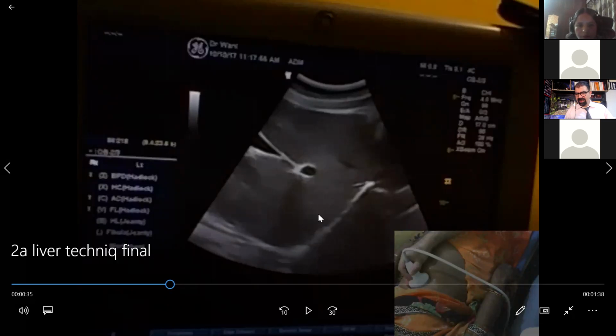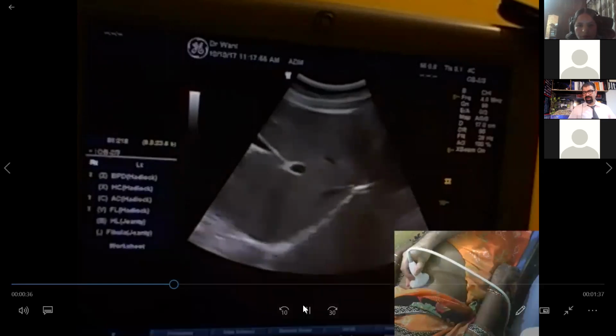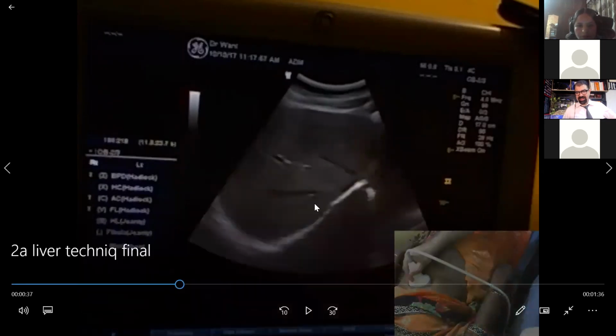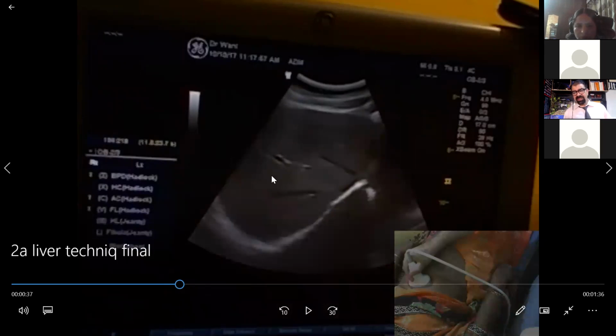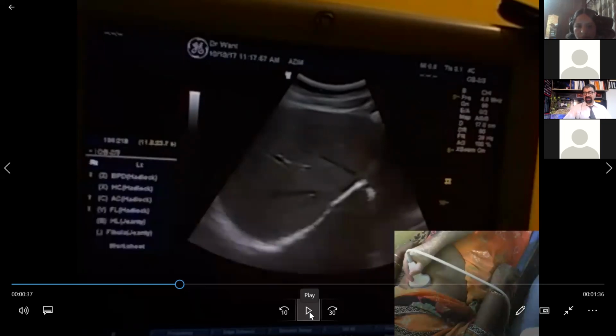To get the longitudinal section, I have to put the probe somewhere here so that I will see the kidney also. Once I see the kidney and I see the liver in length, then I have to compare also, and I am in the long axis. If I measure from this point to this point, am I measuring anterior posterior or longitudinal? I am measuring anterior posterior. If this is a fatty liver, this will be more in anterior posterior. That is why it will not be easily palpable. Make a note that these fatty livers may not be palpable.